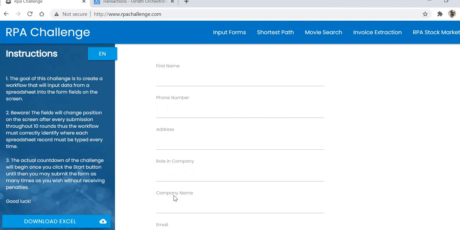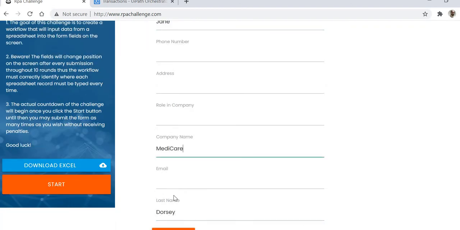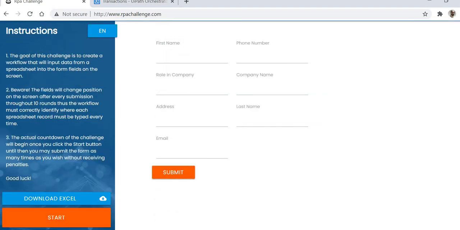These are dynamic fields. Once you perform the submit operation, the position of the fields gets changed each time. For these kinds of scenarios, as you know, we need to handle them with the UI Explorer or Dynamic Selector, which I have explained in the previous video as well. You can see my previous video in the UiPath tutorial.